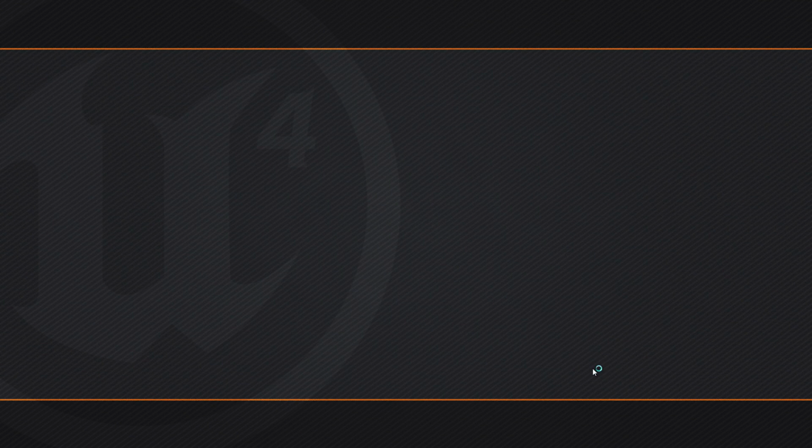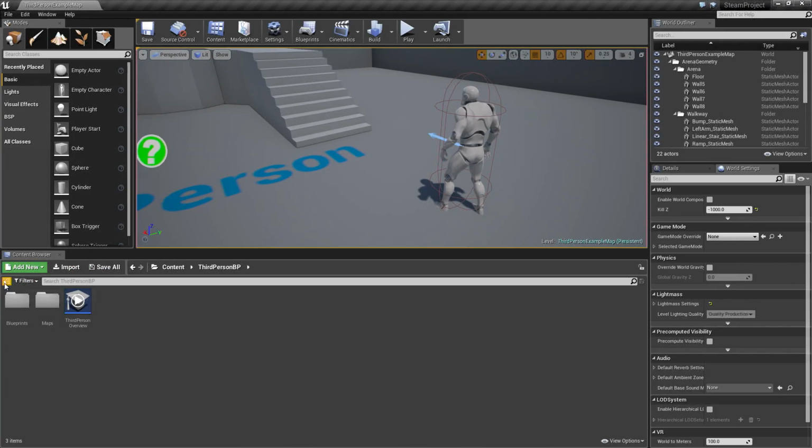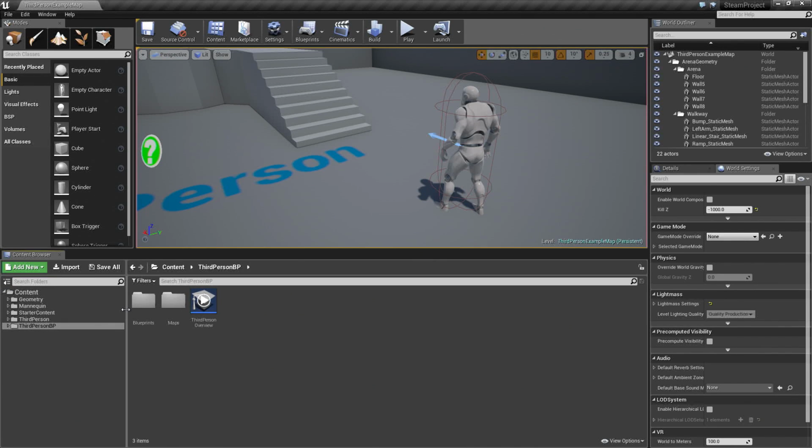And the first thing that we're going to do is import some characters that we're going to be using as part of our character select screen. Feel free to use your own characters if you'd like, or if you'd like to follow along, we'll show you where you can get your hands on the assets that we're going to be using, and then you can come in and swap your own characters in later. So my project is loaded. Let me drag it in so you can see it. Going to expand the asset tree because we're going to be working inside of there quite a bit. And like I said, first thing we'll do is import some characters.